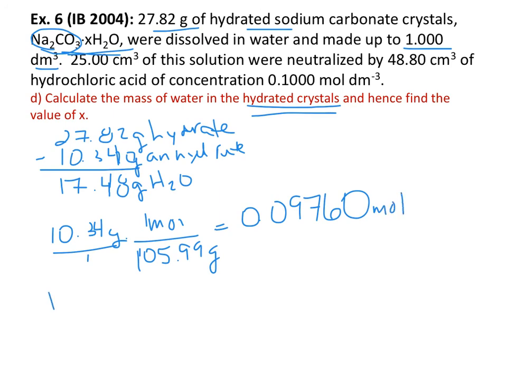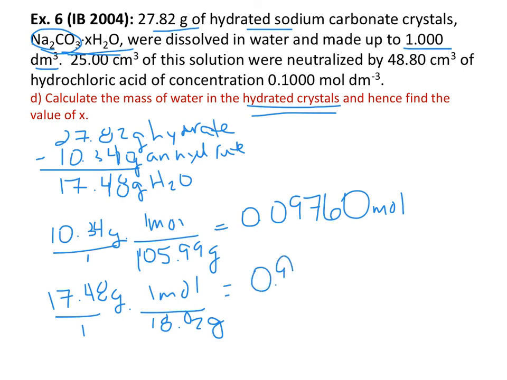Then if we do the same thing for the water, 17.48 grams, 1 mole on top, molar mass of water is 18.02. And so then it's 0.9698 moles. So to compare them, I'm going to divide by the smallest,